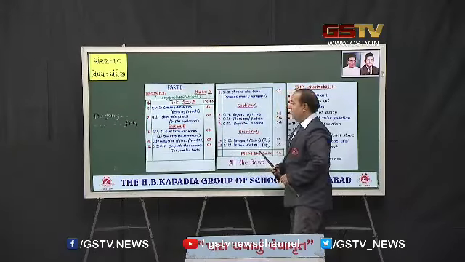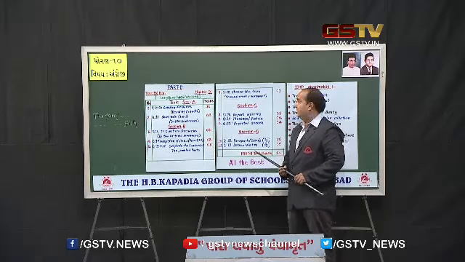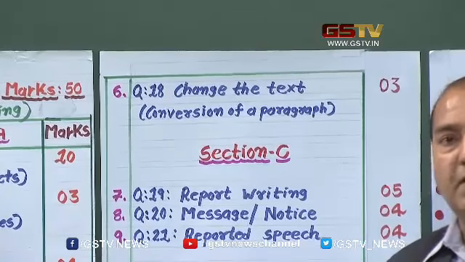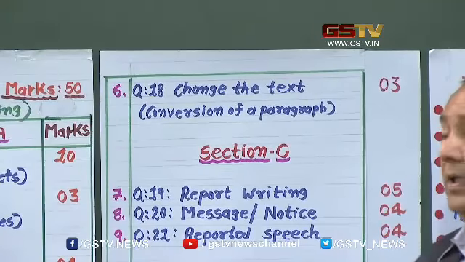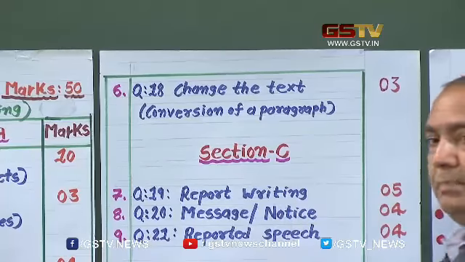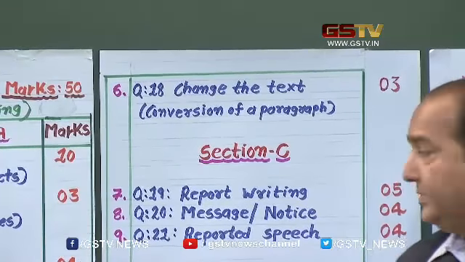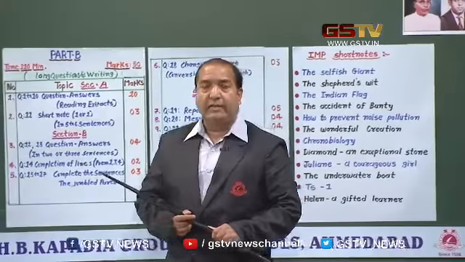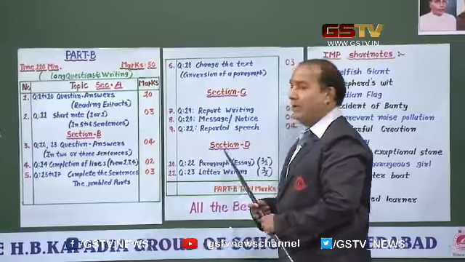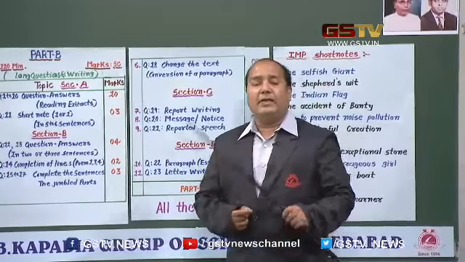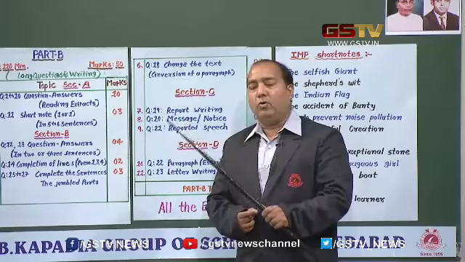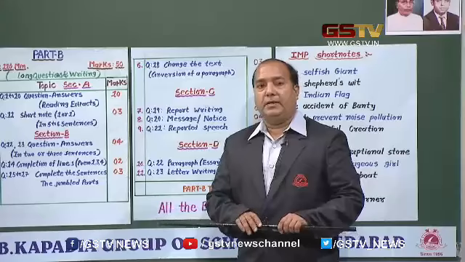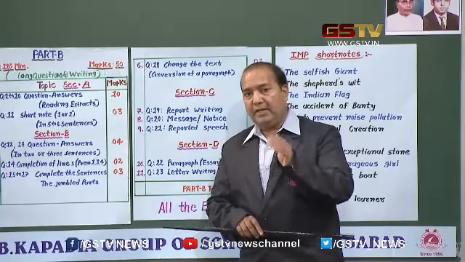Students, now we are going to discuss another question, number 6 in part B. In these questions, you will be given a text, a paragraph, and you have to convert that paragraph according to your instructions. Sometimes the instruction may be to convert the paragraph into simple past tense, and you have to first find out all the verbs and the words indicating time, and then you have to change your paragraph into